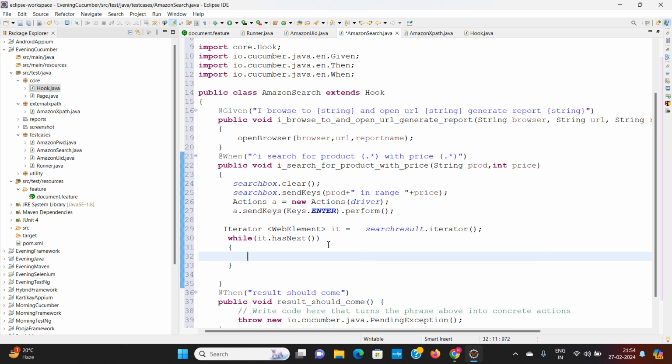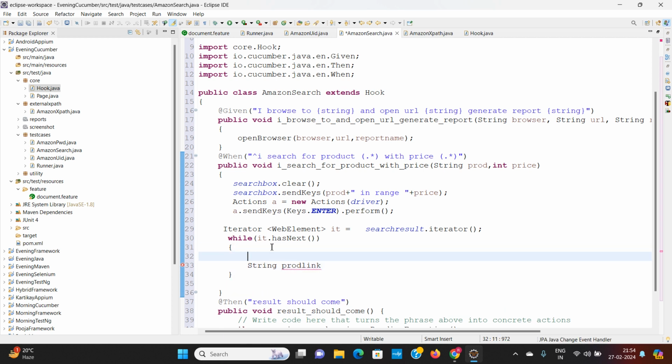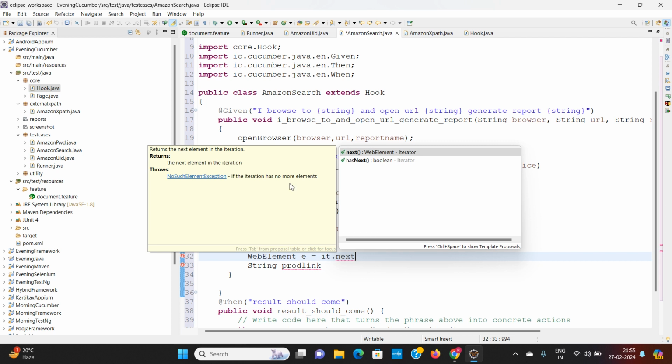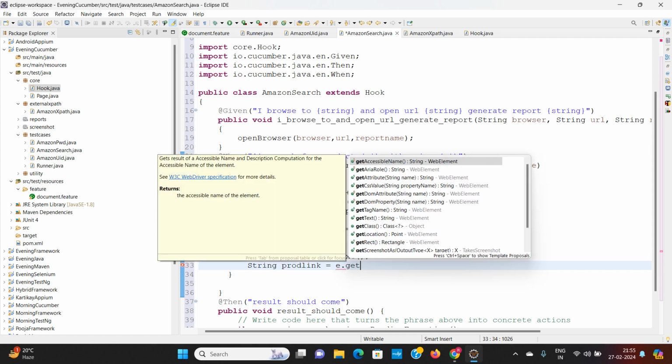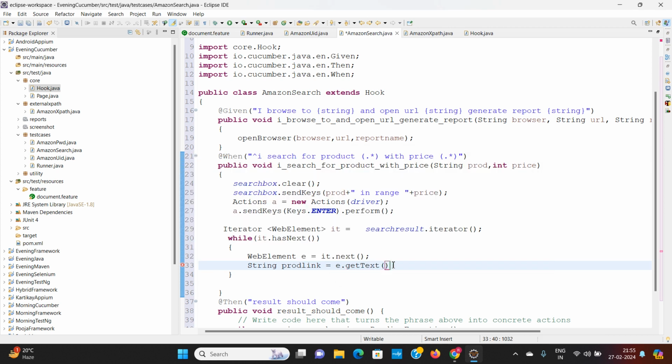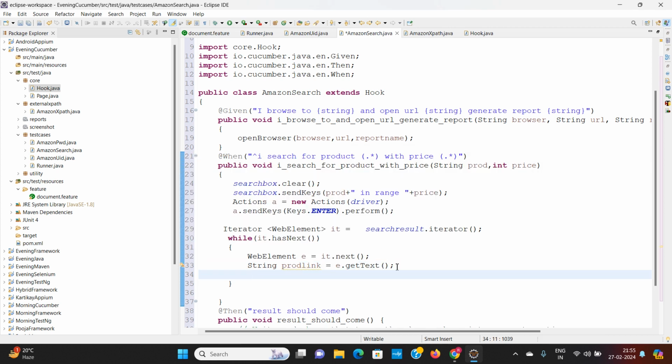We are finding the multiple elements by using the class name. And I am just printing the result.